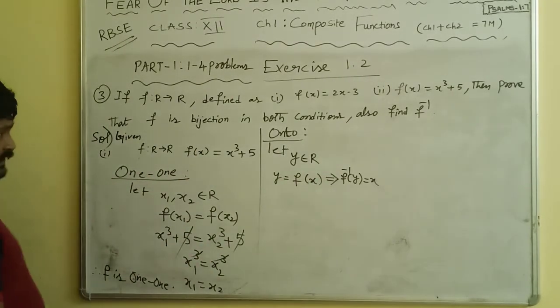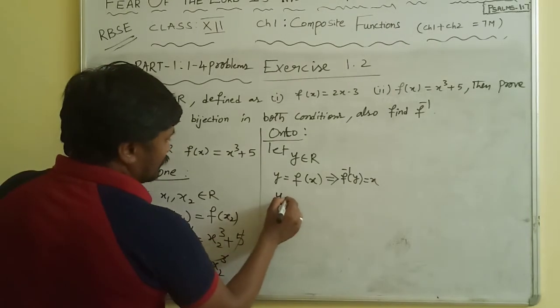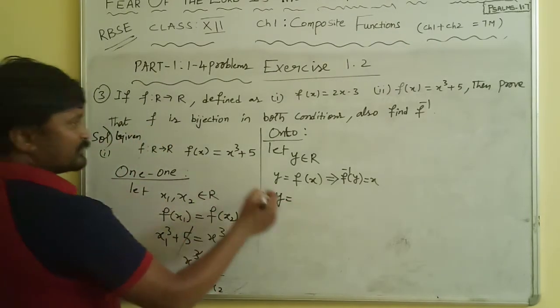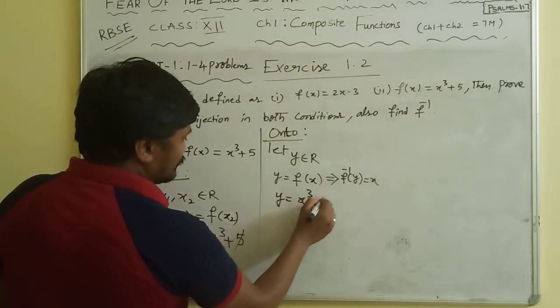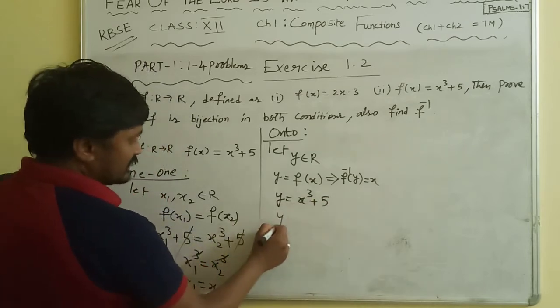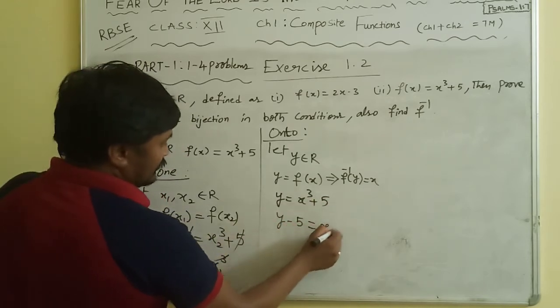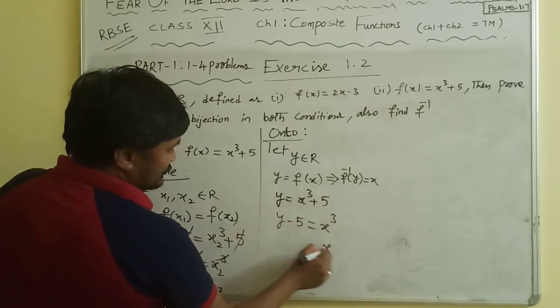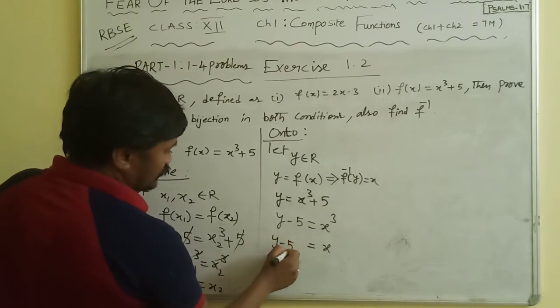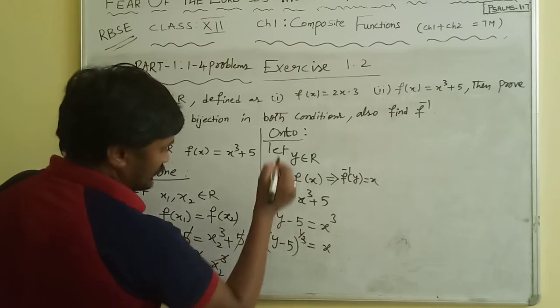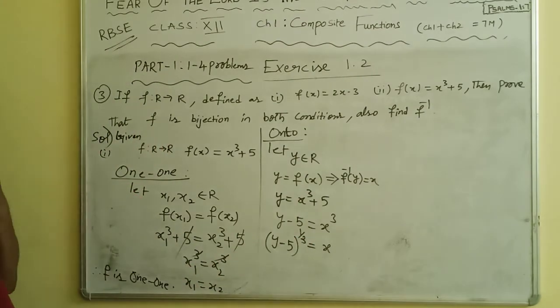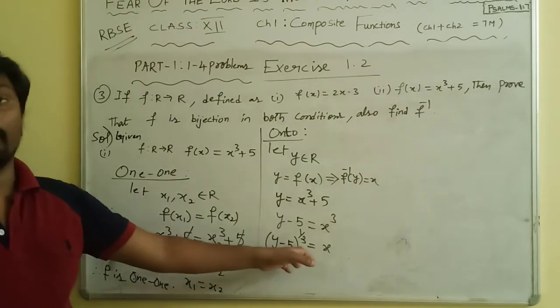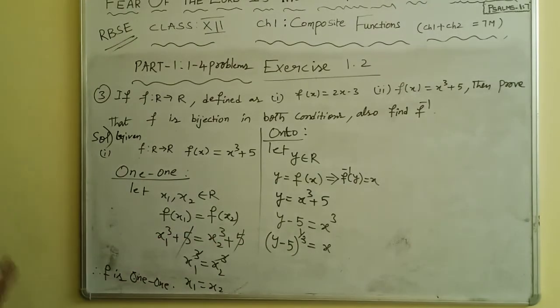Okay, let's move on to this. So y is equal to, what is your f of x? x cube plus 5. So right here x cube plus 5. Plus 5 comes to the other side as minus 5. That is equal to x cube. And then x is equal to y minus 5 whole to the power of 1 upon 3. So now here also cube root came. Cube root means it is again